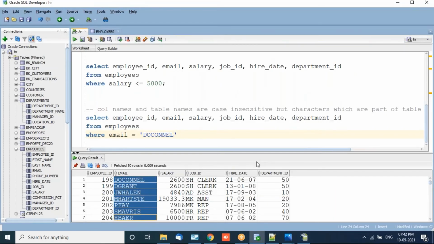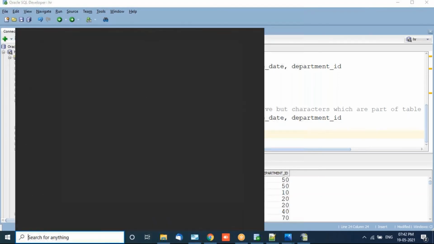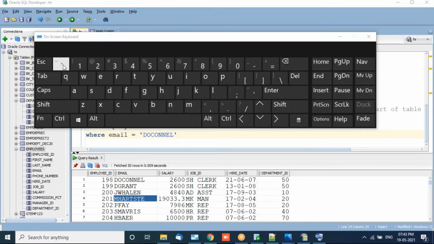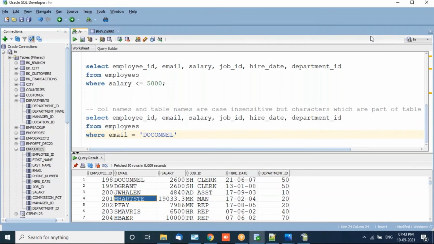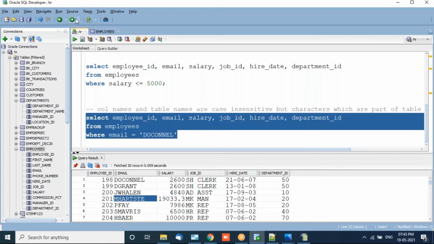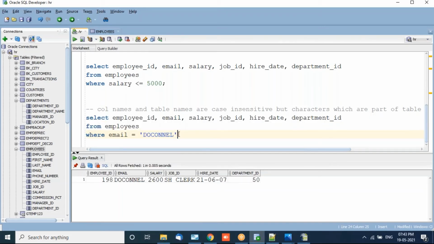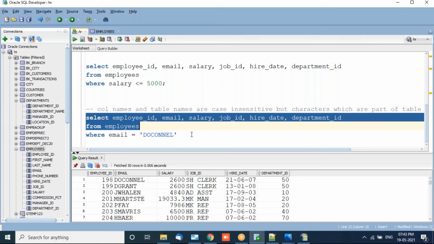Oracle, or any database server, is not going to check what you entered. What they check is that it must be a character. Character means anything on a keyboard: the exclamation mark, the @ sign, the tilde sign, lots of signs, even numbers. Anything on the keyboard is a varchar. Now this is the exact match. If I want multiple matches,